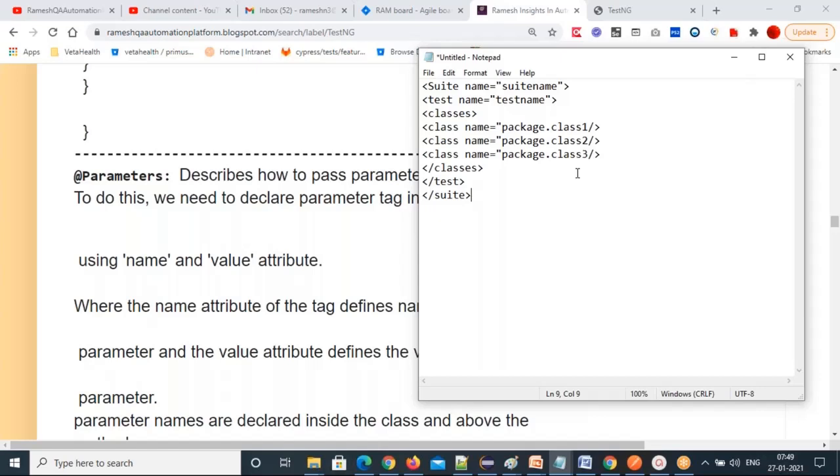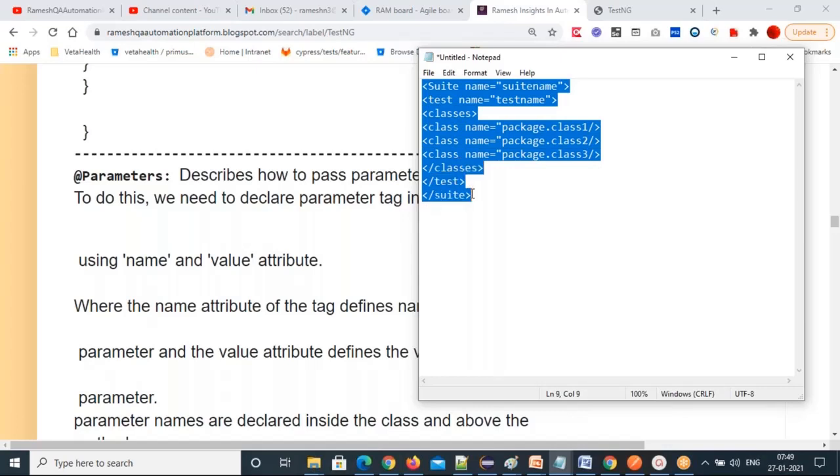N number of classes will be included under the classes tag. That means all the classes you are including in one suite file, and you can run it as a TestNG suite. All the classes will run one by one. This is how to run as a suite. And then classes tag will end, then test tag will end, suite tag will end. And this is all the XML suite file syntax.